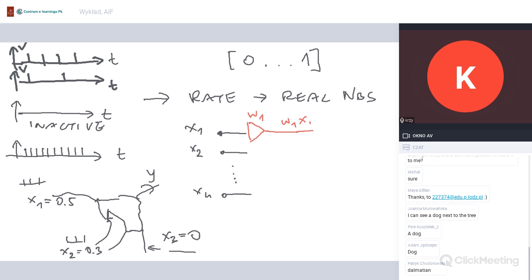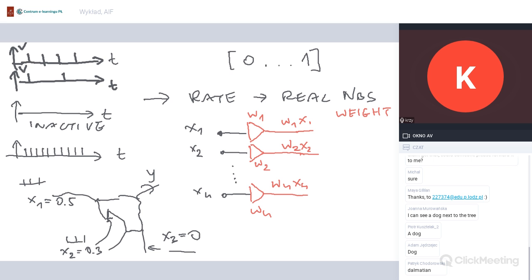So I'm doing weighting, and this coefficient is called the weighting factor, but it's typically just called a weight. The same happens for every neuron, because every neuron is connected to its inputs via a synapse. So there will be some W2, and we have a product W2 times X2. And here we will have a weight Wn, and a product Wn times Xn.